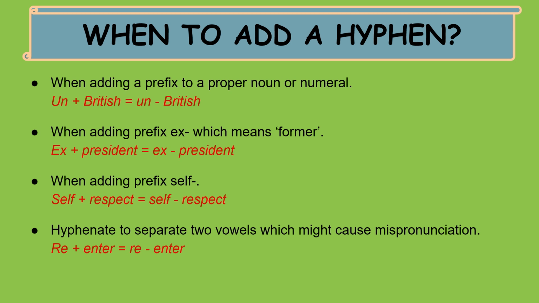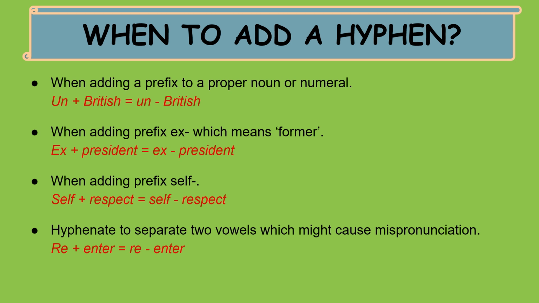When adding prefix self with a base word, then also we are going to add a hyphen. Example, self plus respect will make self-respect. Hyphenate to separate two vowels which might cause mispronunciation. In the previous slide, we saw that we can double up the letters